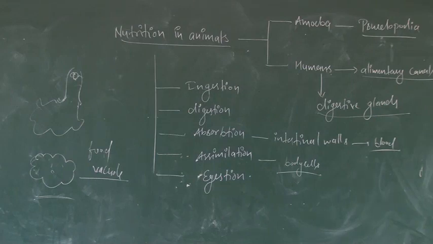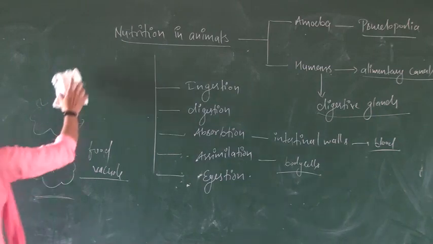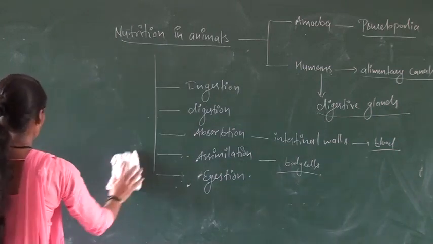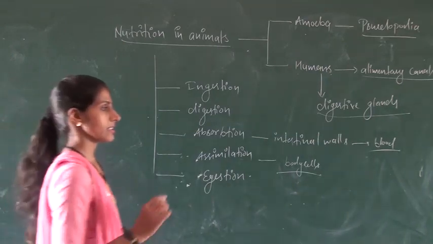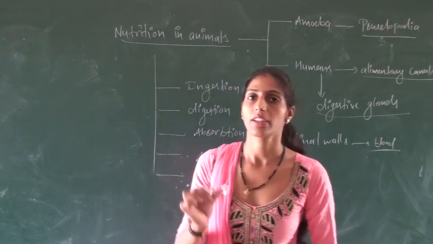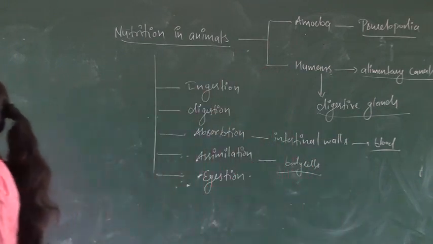In the alimentary canal, what is the alimentary canal? It is a long, hollow, tubular structure consisting of various organs, such as